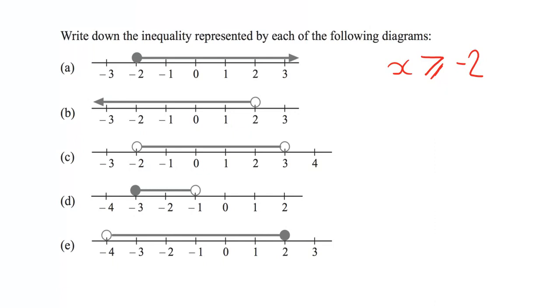In B, we have a circle over the 2. So it's going down. x is less than 2. Let's take a look at C. Now, we've got two numbers here. We can see that x is definitely going to be bigger than -2, and it's going to be smaller than